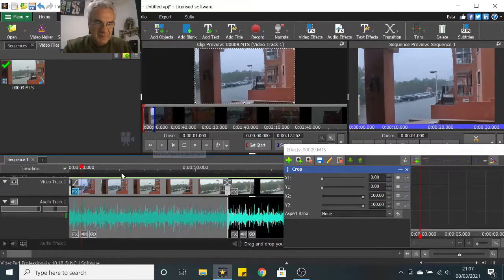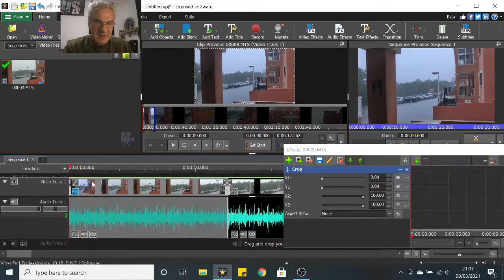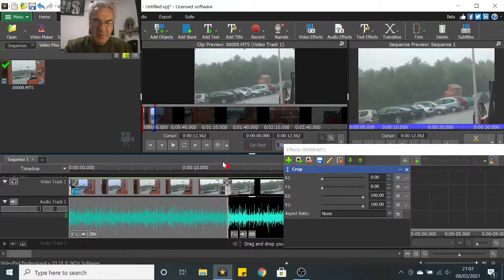You click that, and if you keep an eye on this red play bar that we have here, and if I go back to the start, it jumps to the beginning. If you come here, it says go to end. If you click on that, it jumps forward, but only to the end of the clip that you're working on, not to the end of the whole sequence. So take that on board, it's very useful. It took me ages to learn that, but then I'm a bit thick. Okay, so I'm going to hit the go back to start,